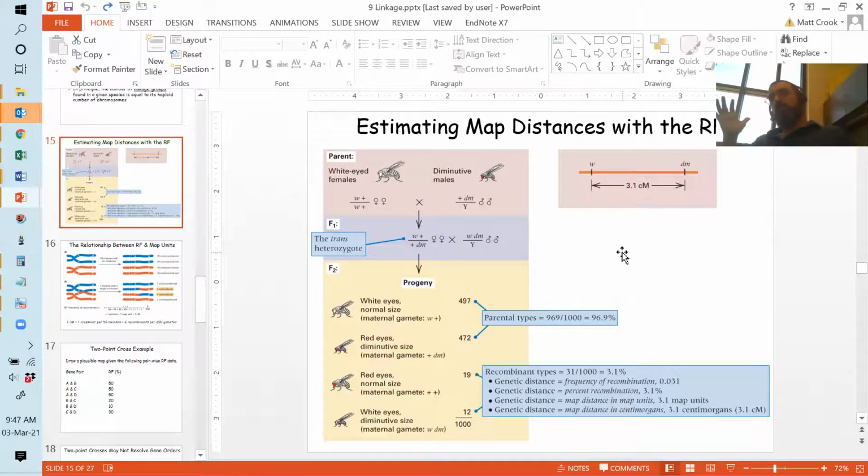The reason why we know that's the case is because the probability of recombination occurring here is lower than it occurring here, here, here, here, or here, if those two genes are further apart. And so now we can start figuring out where these genes are relative to each other on a chromosome. We can figure that out for each pair of genes, and we have another